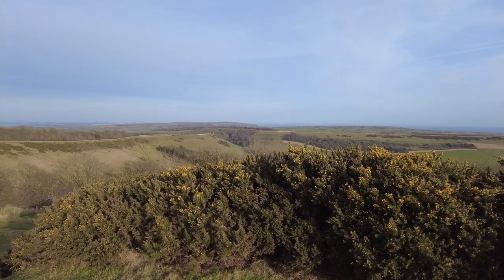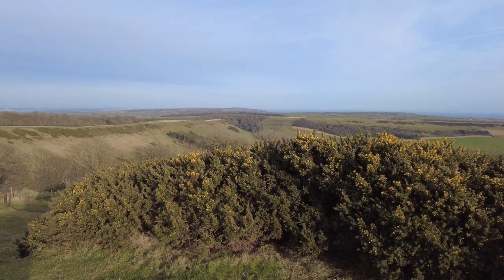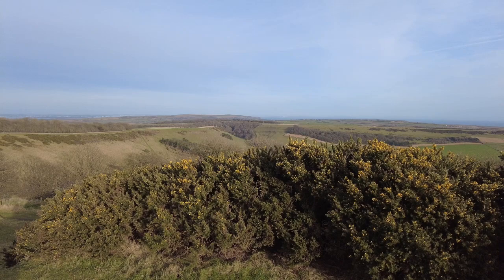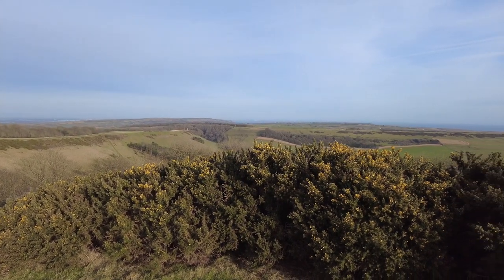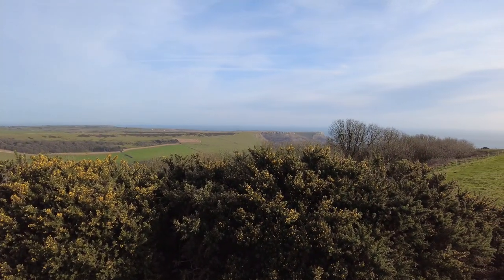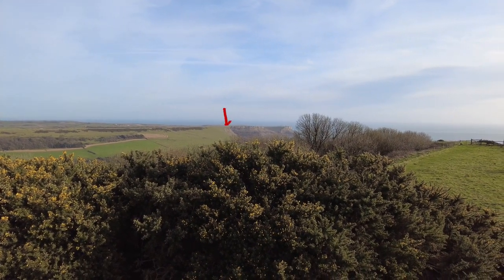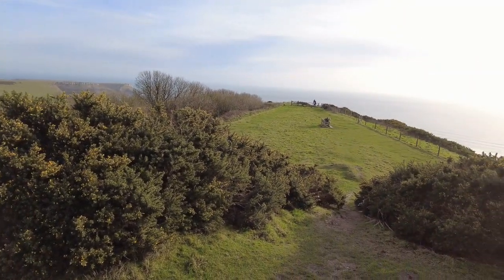So here we are at Swyre Head. You can get a pretty good view of where we've come from today. So the zoom's packed up on this camera. Yeah, so over there is where we parked the car, and we walked along that ridge line over there. And you can see just over this gorse bush, Houns Tout Cliff. We came down that, and then behind where we are now,